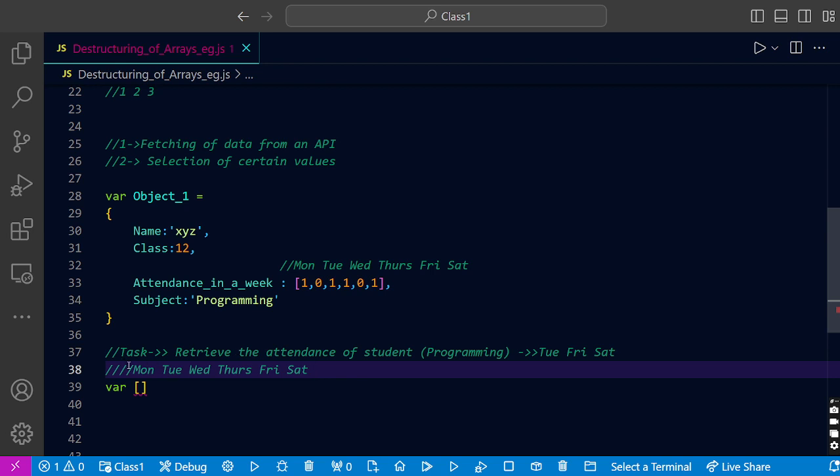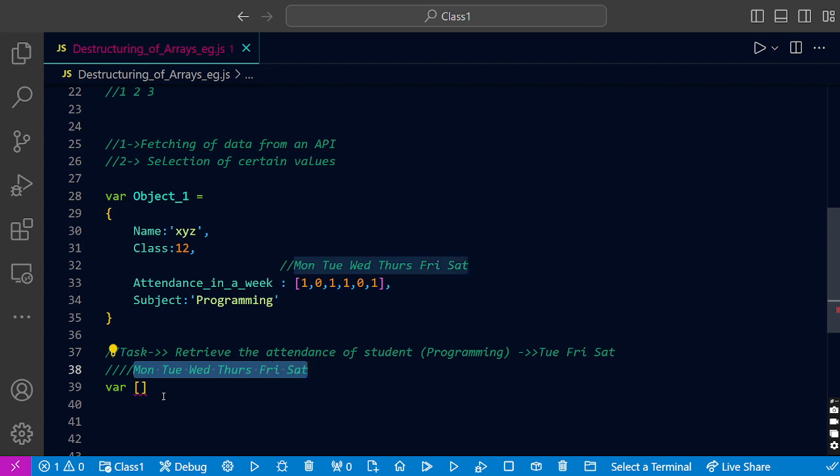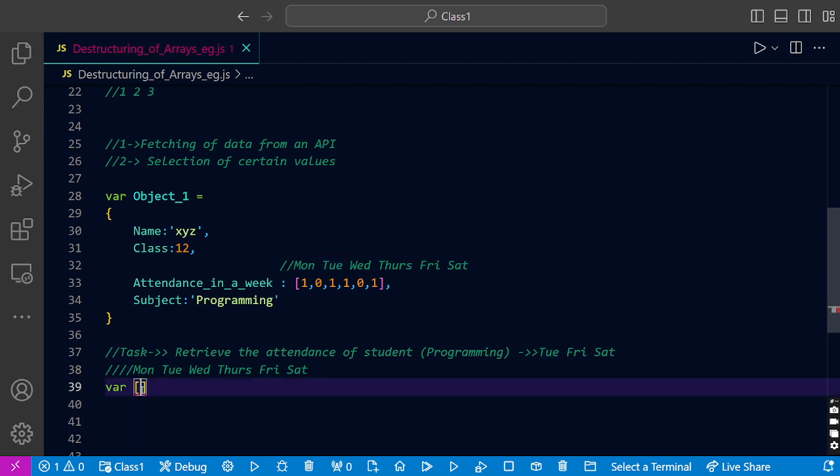As expected, we require three variables, or three pieces of information, for Tuesday, Friday, and Saturday respectively. First of all, you would need to see at what position Tuesday, Friday, and Saturday are located in this particular array. Tuesday is located in the second position. So, leaving one blank space,